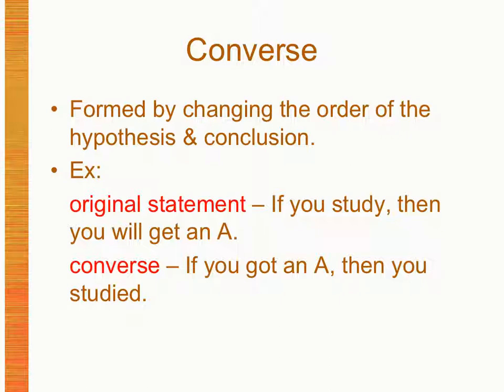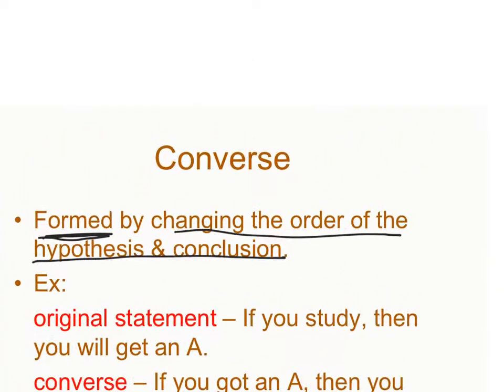So all we're going to be doing in this is moving things around. So when you see that word converse, again, if you know shoes, just know converse is a kind of shoe. It moves things around. And we form the converse. If I tell you to form a converse, you're going to take that conditional statement and move things around. We're going to change the order of the hypothesis and conclusion. And that's going to look like this. We start off with a statement, if P, then Q. And all we're going to do is swap the hypothesis and the conclusion so it looks like this. If Q, then P. Notice all I did was move those two things.